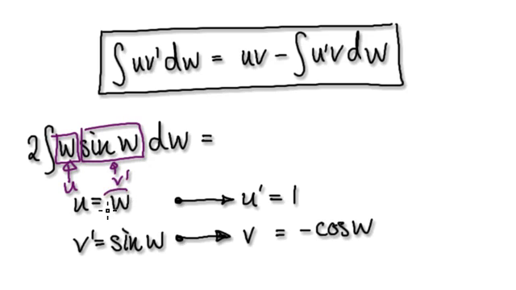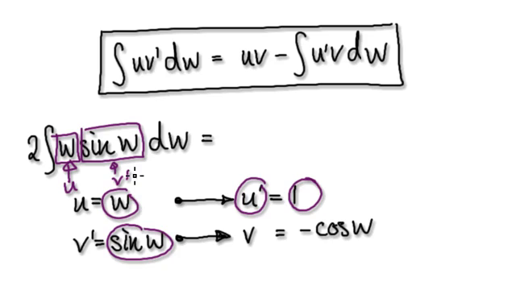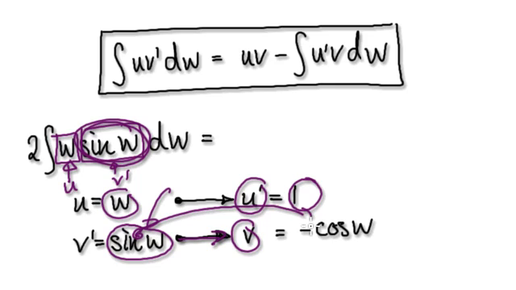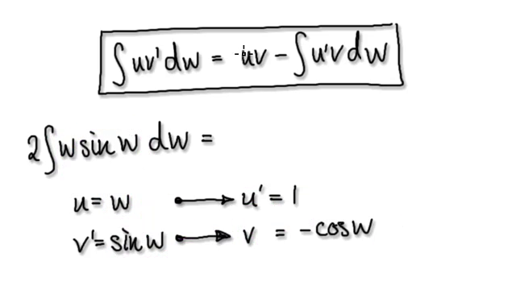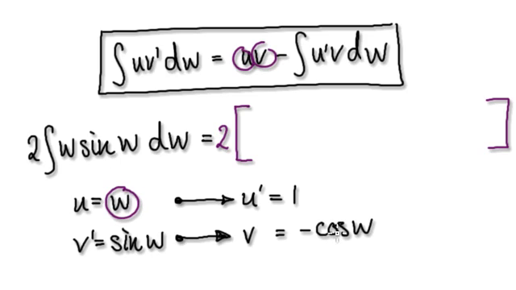If u equals w, then u prime equals 1. If v prime equals sine of w, then v would be us integrating this thing here, so integrate it and it will give you this. Now just blindly follow this part here. It's saying get u times v. Don't forget you still have this 2 here. So get u times v, which will be minus w